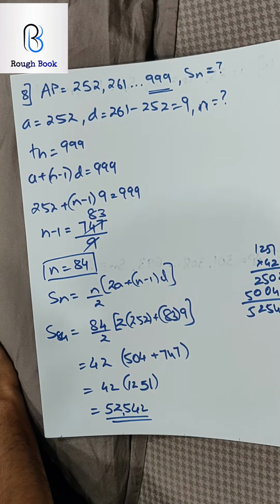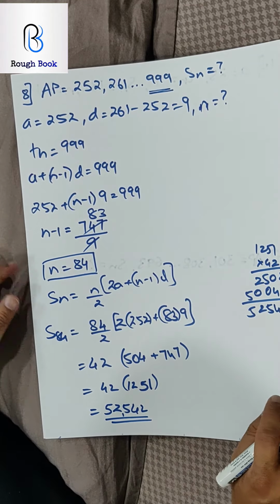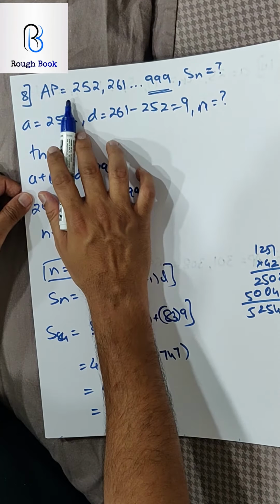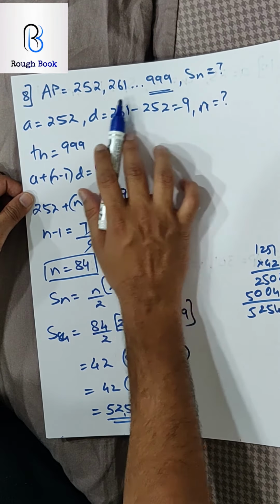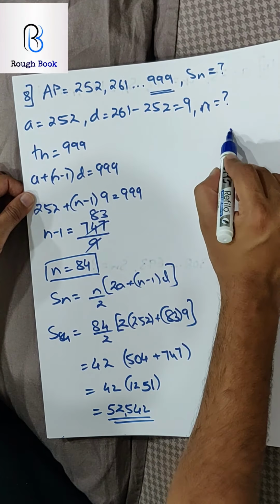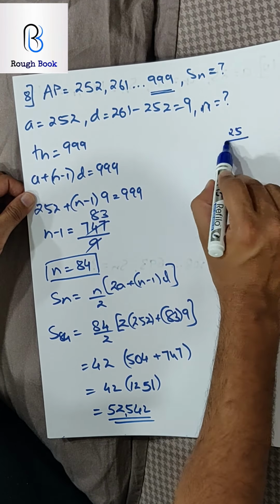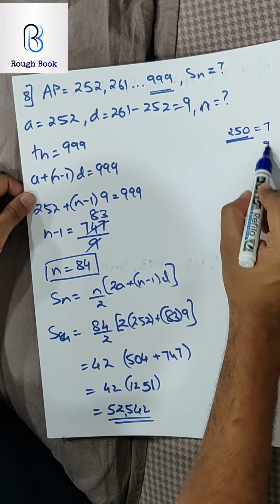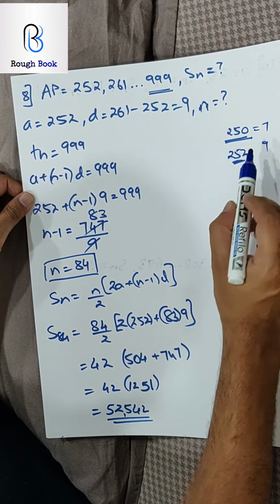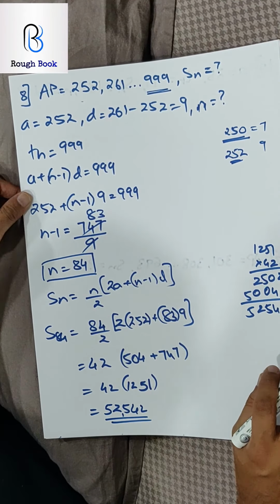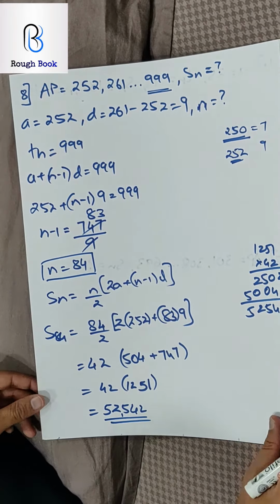Exercise 10C. Yeah, once again let's understand. They asked us what are the numbers which are divisible by 9 between 250 and 1000. So the first number 252 is divisible by 9. How will you know this? So test out divisibility. We know that the digit total should be 9. So 250, the total is 7. So to make this 9, the next digit has to be 2. So that's the first term. Then you add 9 and the last is obviously 999. First find n, then find Sn.